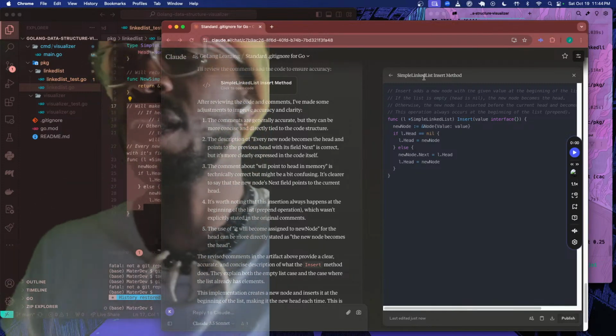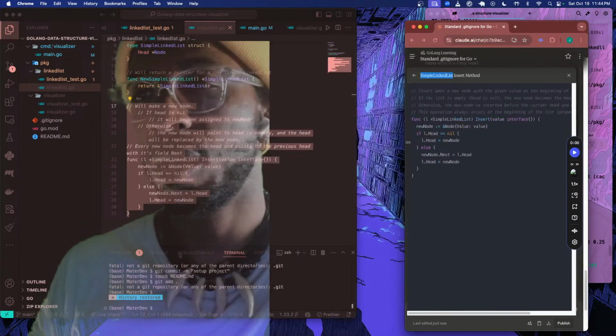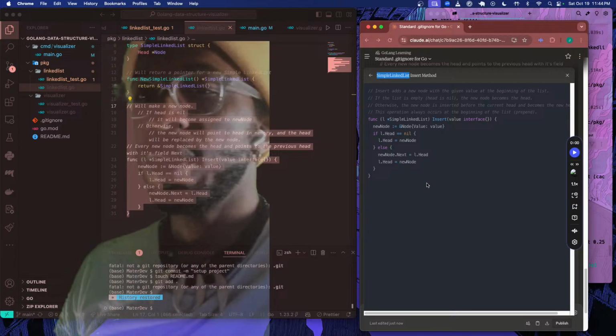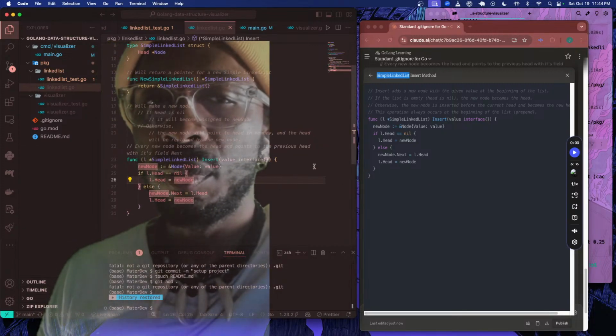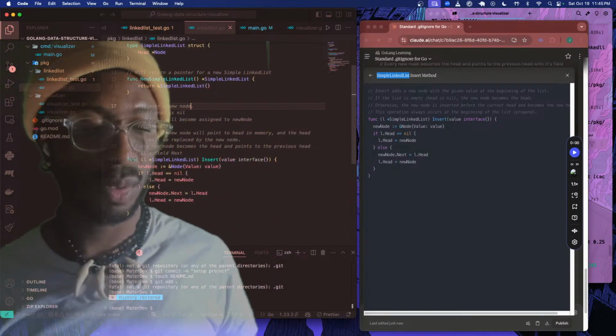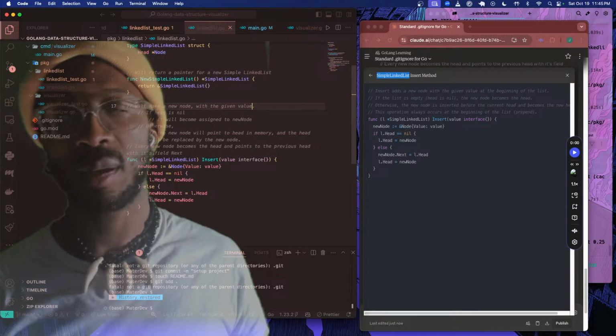I wish I could resize how much screen real estate this takes. That's kind of better. Okay, insert as the new node with the given value. Sure, at